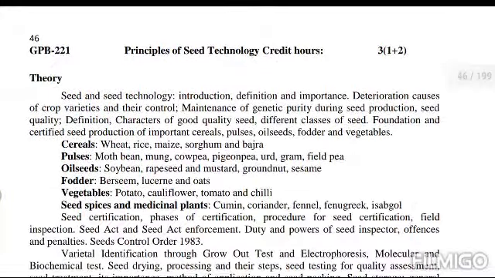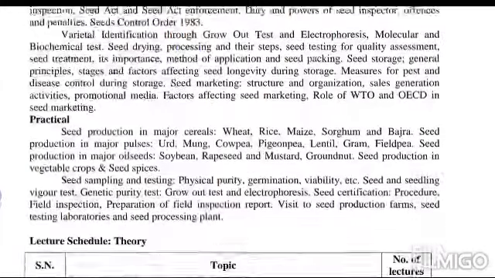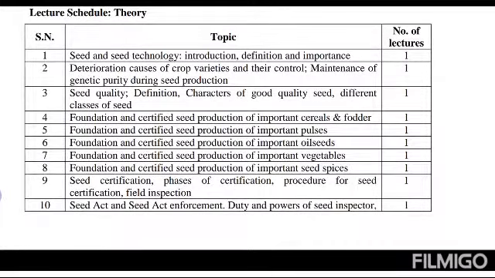Let us move to the third one, that is GPB 211 Principles of Seed Technology. It has credit hours of 3, that is 1 plus 2. Theory consists of seed and seed technology introduction, definition, importance, deterioration, causes of crop varieties and their control, maintenance of genetic purity during seed production, seed quality,